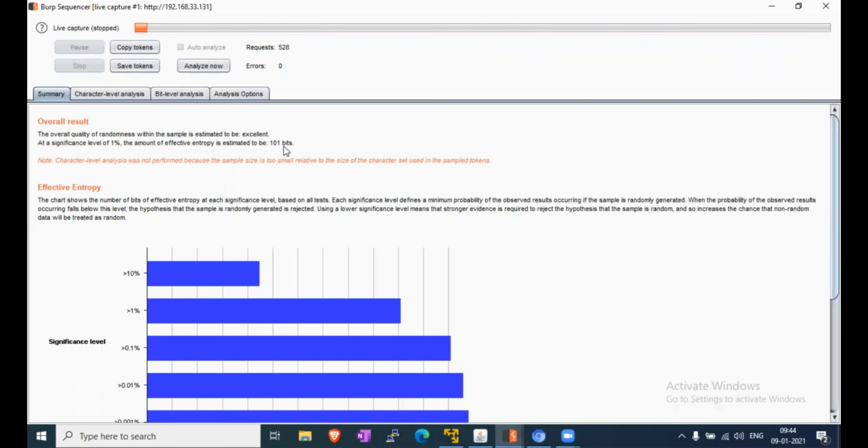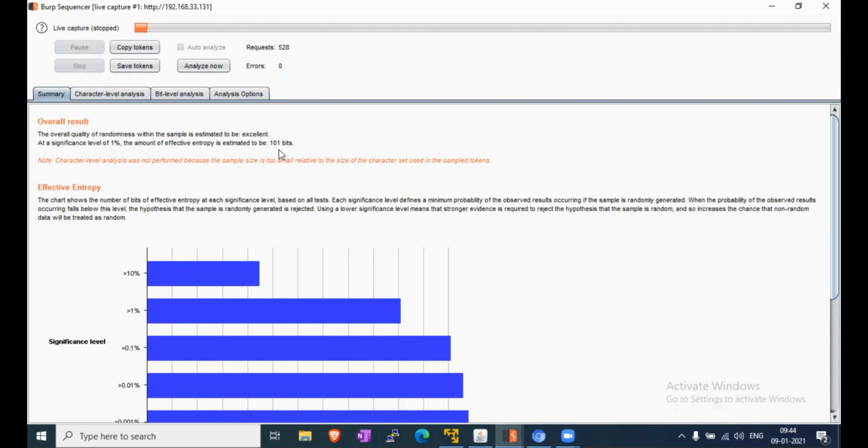We have done the practical for the same, and we have got some results. The overall result is excellent, showing 101 bits. The amount of effective entropy is estimated at 101 bits.